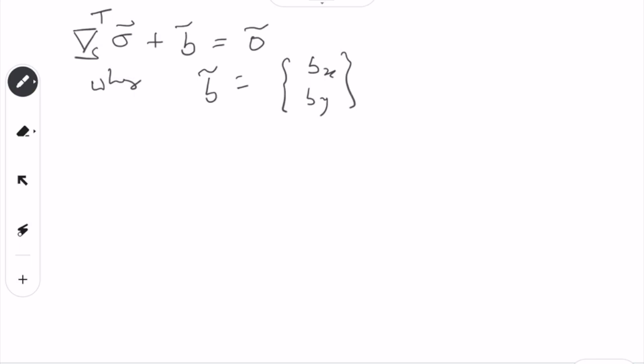And 0 tilde is nothing but 0, 0. Then this del s is nothing but